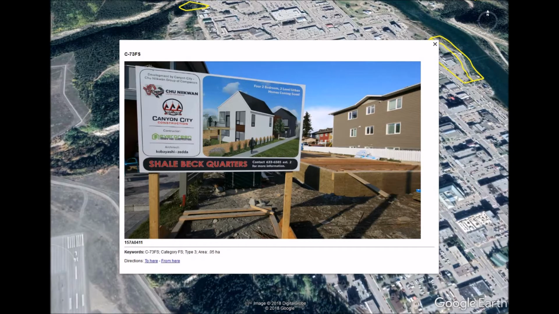So it's a type 3 parcel. Type 3 parcels are really parcels that Kwalendon has within established neighborhoods within Whitehorse, and they have to follow the direction of the official community plan. So in this case it's residential use, and that's what it's currently being developed for. It's a category fee simple, so it was privately held at one point. Now it's settlement land for Kwalendon, and